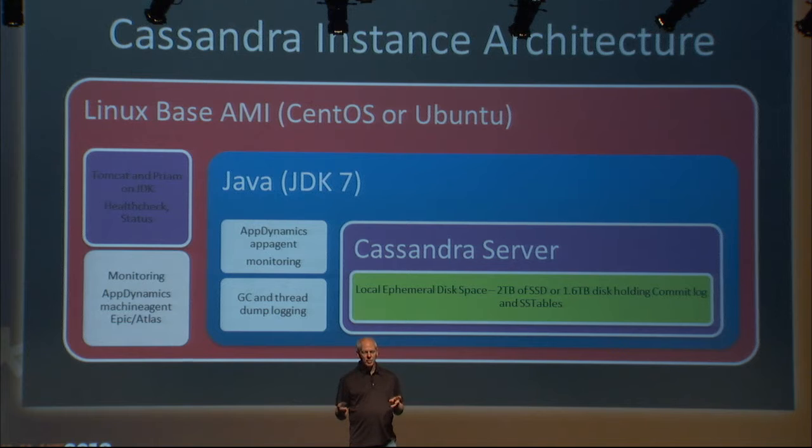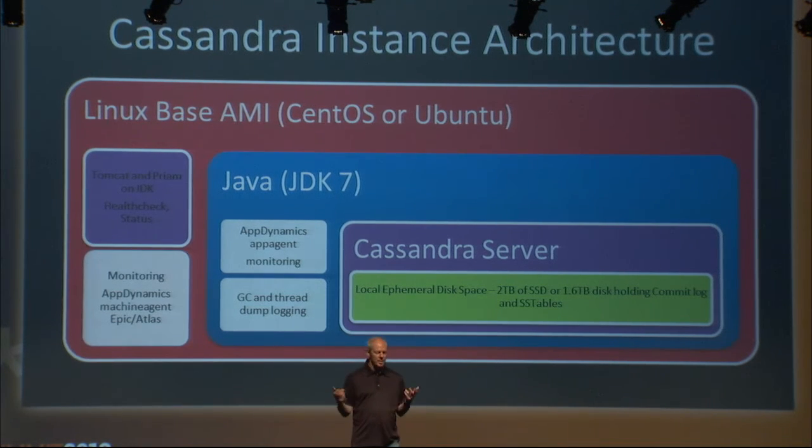The main JDK is running Cassandra with something like a 6 to 8 gigabyte heap, and then we use the rest of memory for either the Cassandra off-heap storage or file system space. Key thing here is we use the local ephemeral disk space. There's no mirroring within this machine. The mirroring is between Cassandra instances across zones. So everything we write is written to 3 zones. There's 3 copies of it. And then eventually it finds its way onto the 2 terabytes of SSD or 1.6 terabytes of local hard drive on the instance types we use.